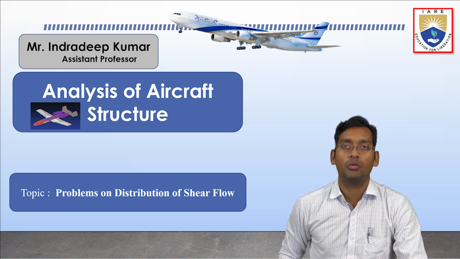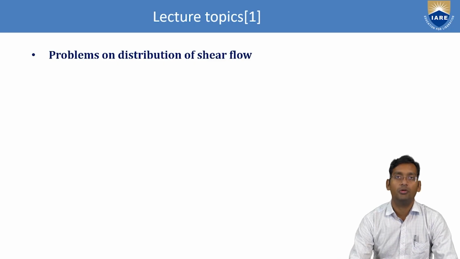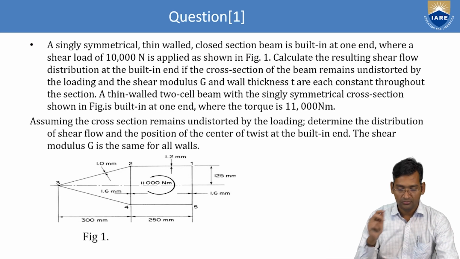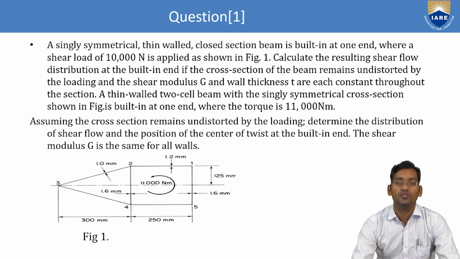So this video topic is problems on distribution of shear flow. So our lecture topic is problems on distribution of shear flow. How is the distribution of shear flow found? That is the numerical. Okay, so the question is: a singly symmetrical thin-walled closed section beam is built in at one end where